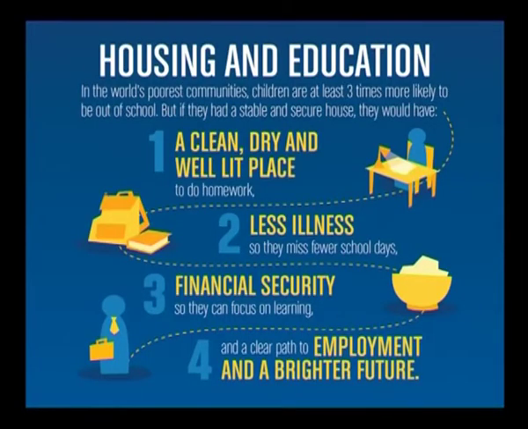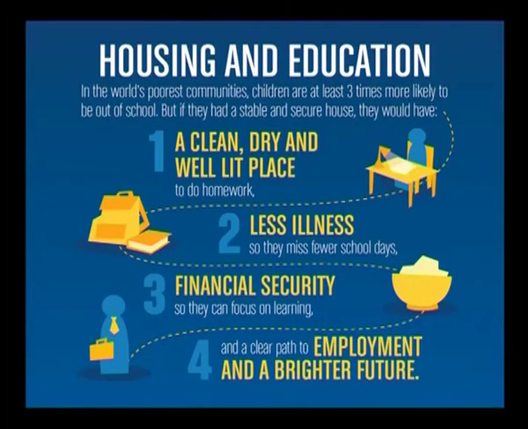Now, moving on to the next part, housing and education. So, when the people have a healthy living, they could invest something, and there is one statement which says that people living in poorer conditions invest almost 50% of their income in housing. Now, when housing and health have been improved, the remaining proportion of the income could be put into education, where they can have financial security at a later stage that could generate employment opportunity. So, which simply says a clean, dry, well lit place creates less illness, so that there is financial security and there is a clear path to employment and a brighter future.